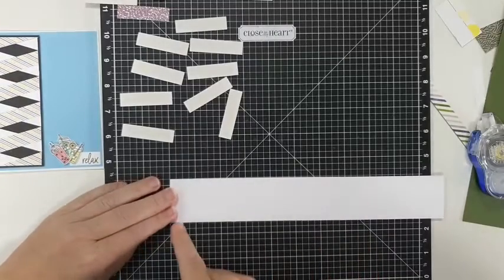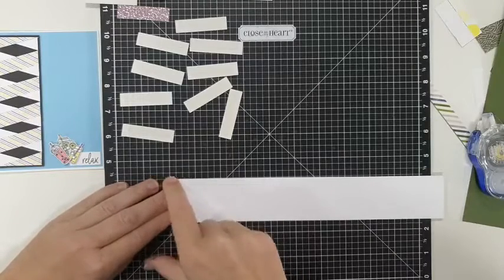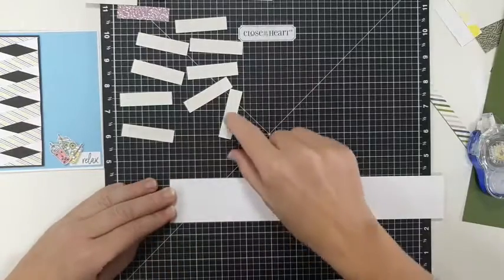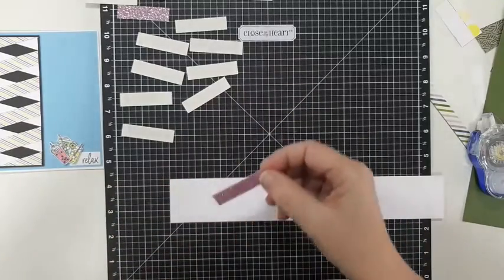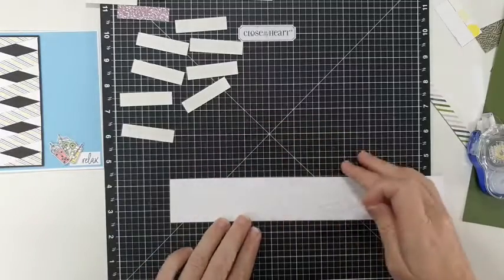No, so a 1/4 inch from the top and then every 1/2 inch. And then from this, you mark every 1/2 inch from the top, or you can just start sticking, which is what I'm going to do. So my first piece that I'm going to stick